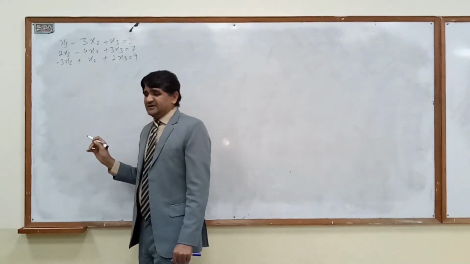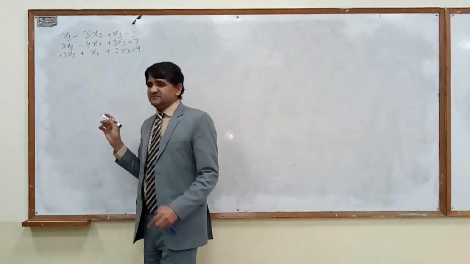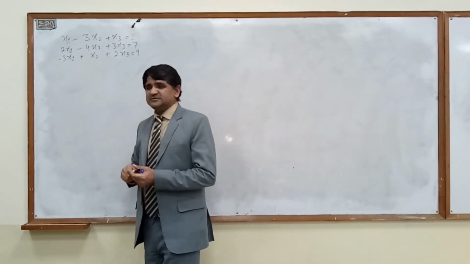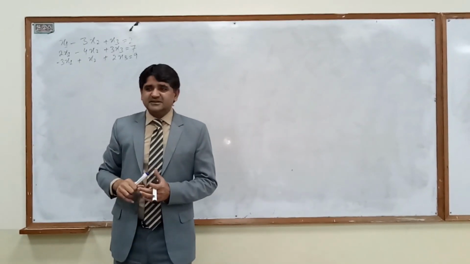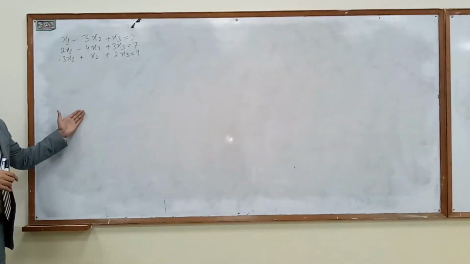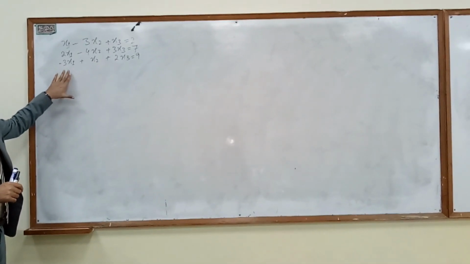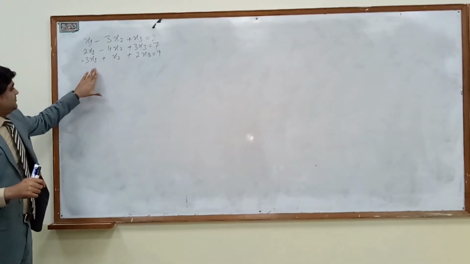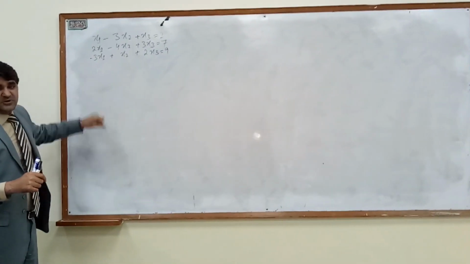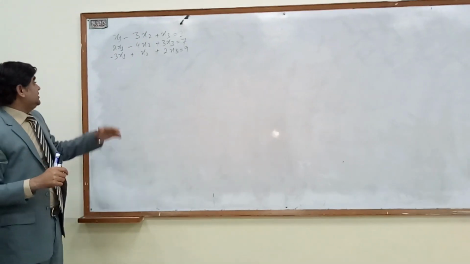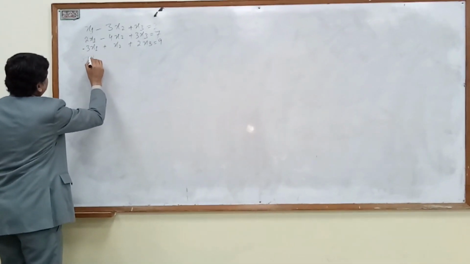As you know, do we have more than one equation? Yes, sir. Is it a system of linear equations? Yes, sir. And a system of linear equations can be solved by 4 methods: slope-intercept form, graphical method, elimination, and Gaussian elimination method. Today we are following the Gaussian elimination approach. While going for the Gaussian elimination approach, we first have to convert the question into the given form. And what is the given form?